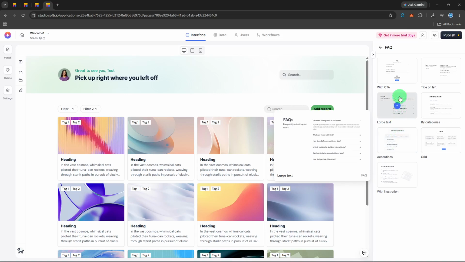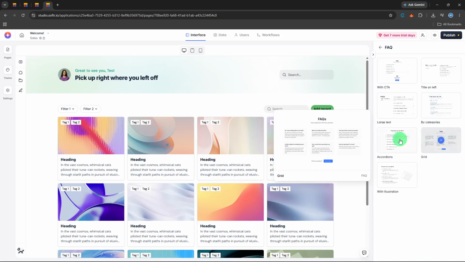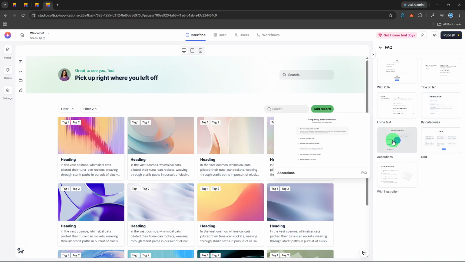Some layouts are simple lists of questions and answers, while others use accordion-style expandable sections, which are great for saving space. You might also see designs with icons or different color schemes. Browse through them and pick the one that best fits your application's overall design and the type of content you're